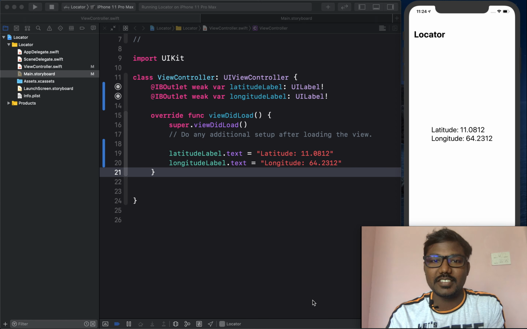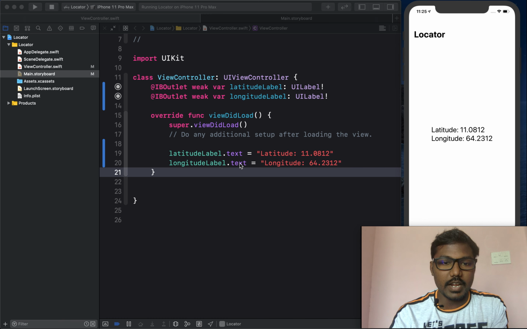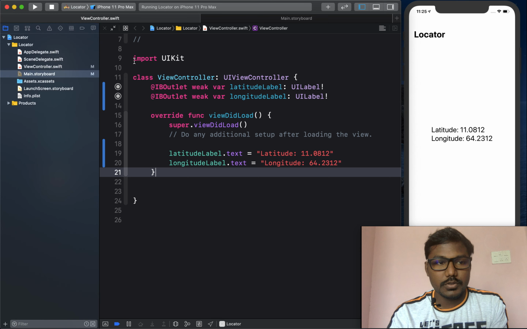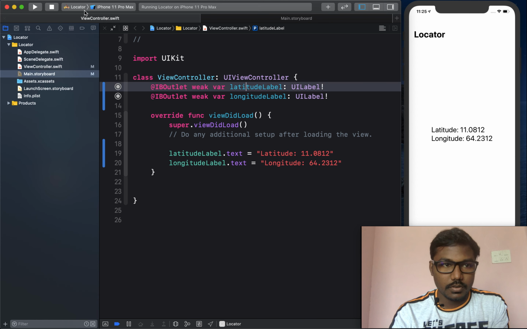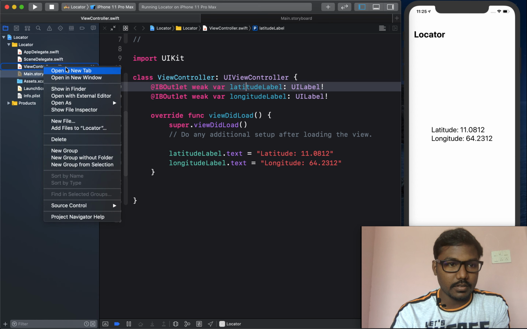Here KTR Kadir. This is a super awesome tutorial about how to get your current location in one line of code. Let's dive into our tutorial. Here I already created a new project using a storyboard, and I designed two labels and I run the project right now. Now I am going to create one new class.